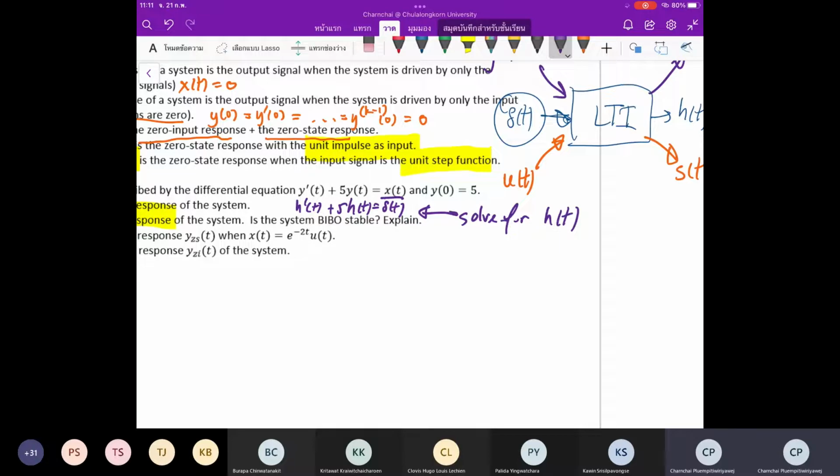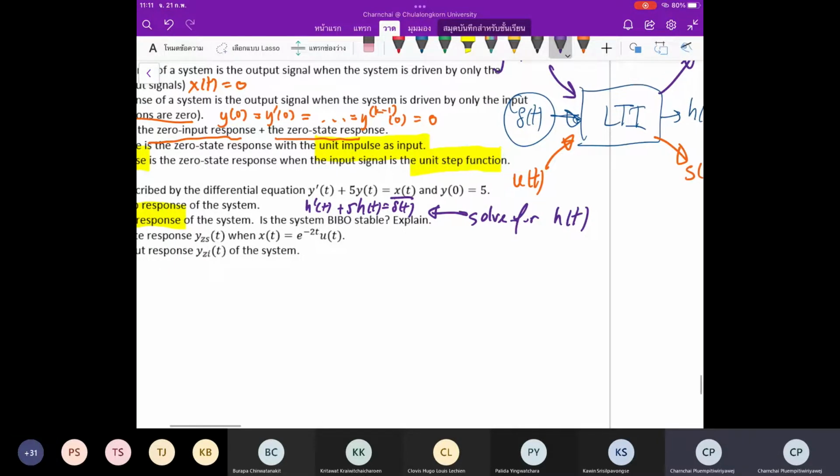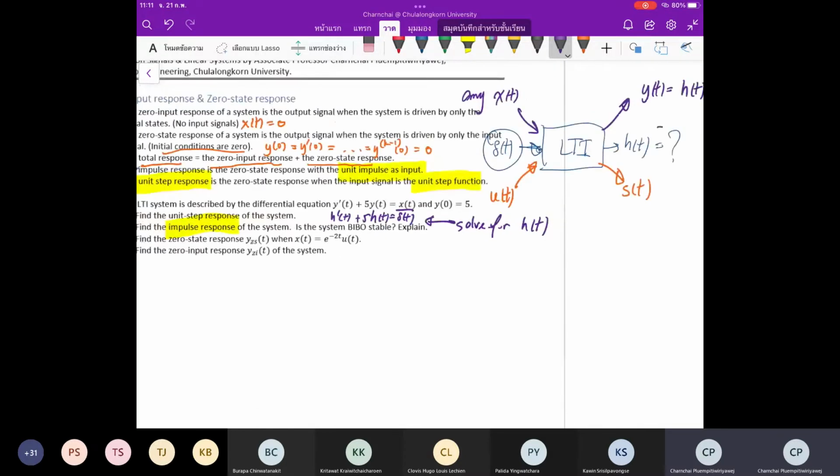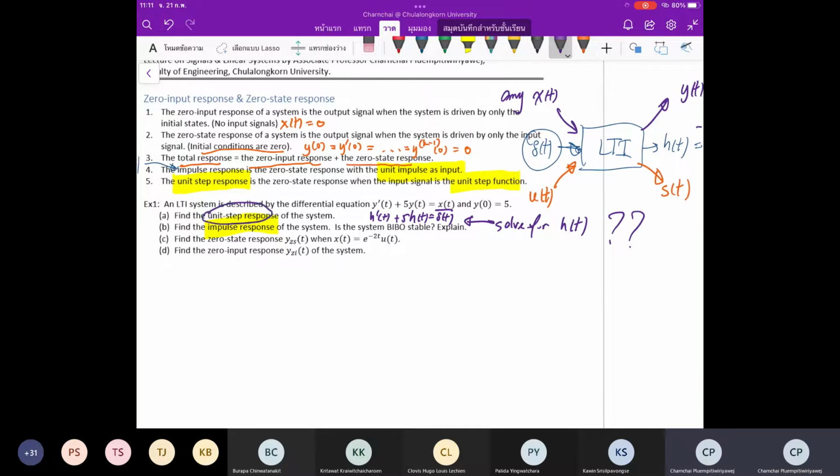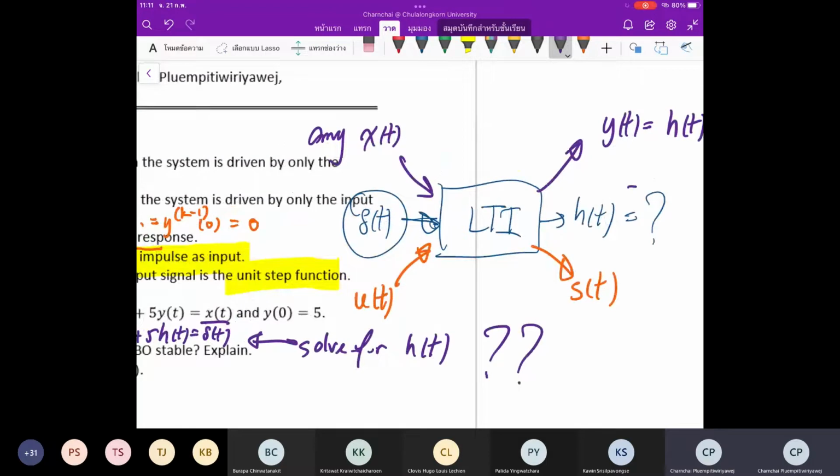It's very difficult to solve this one, because we cannot solve it recursively just like last week in the discrete time system. So we go around and solve for h(t) instead. We solve for the unit step response instead, and since the delta function is the derivative of